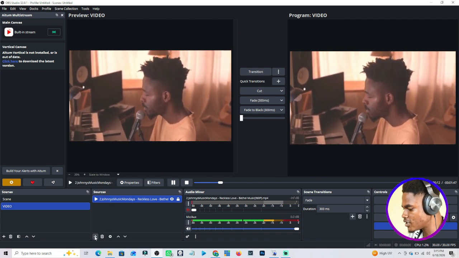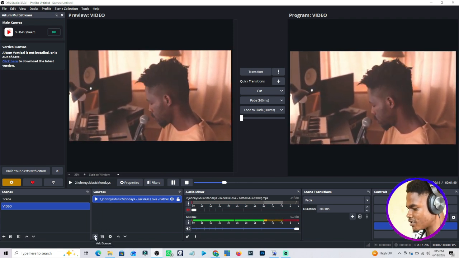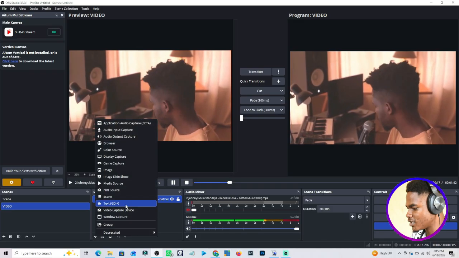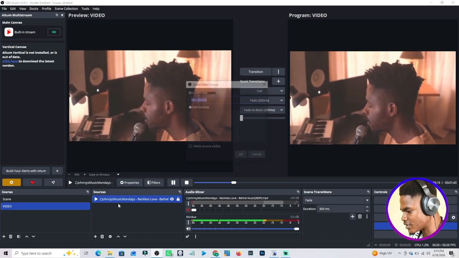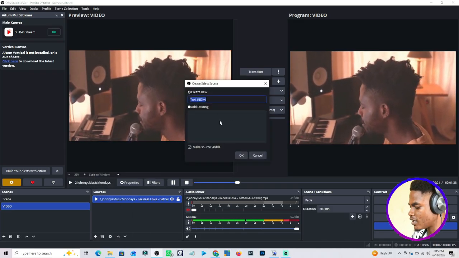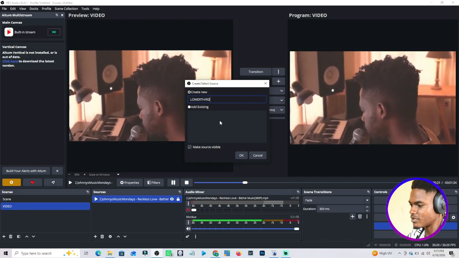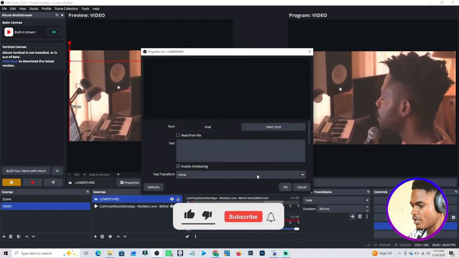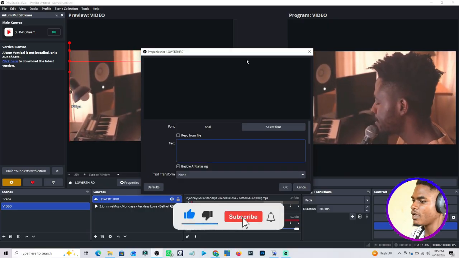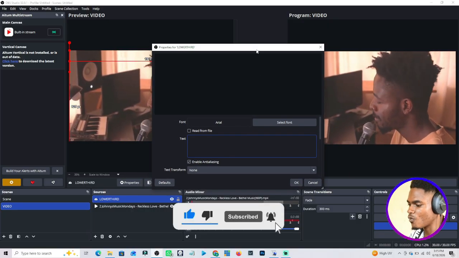Click this plus sign under the sources. Under the sources, click the plus sign, come to text. You can actually name it lower third. Hit OK or hit enter. Now let's type what we want to